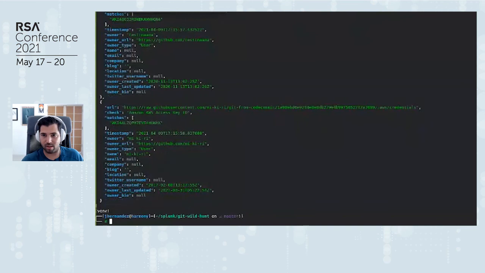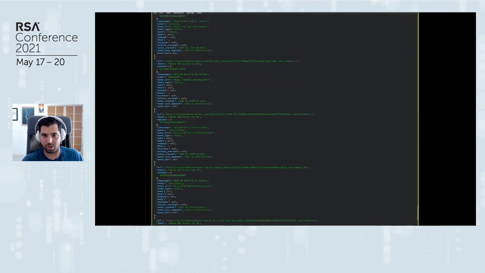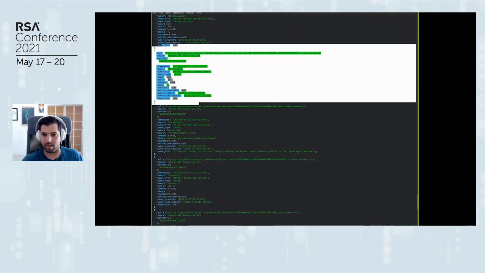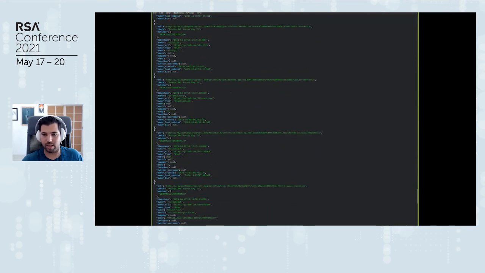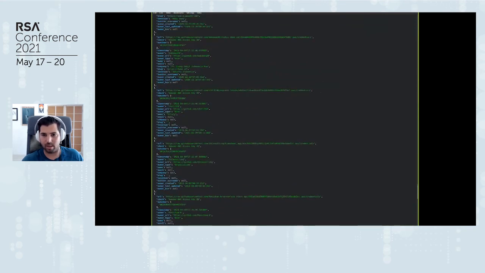And you can see here, there's a structure of all the results, of all the matches essentially found. It grabs back not only the URL of where it matched, but also the type of check, essentially the leak, what the match was. And then it brings back a little bit of information about the user in GitHub that leaked it as well. And again, this is everything that's available through the GitHub API.